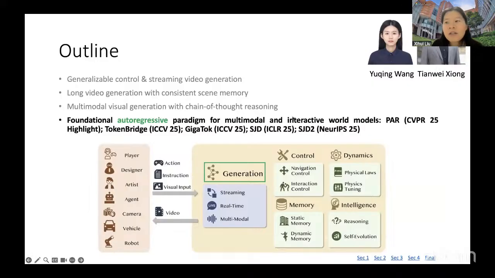Yeah, so finally, I will talk a little bit about a new paradigm for visual generation, which is pure autoregressive generation. So in previous literature or works, the mainstream generative model is the diffusion model, and because of the high quality of the samples generated by diffusion models, it has long been dominating the visual generative domain.